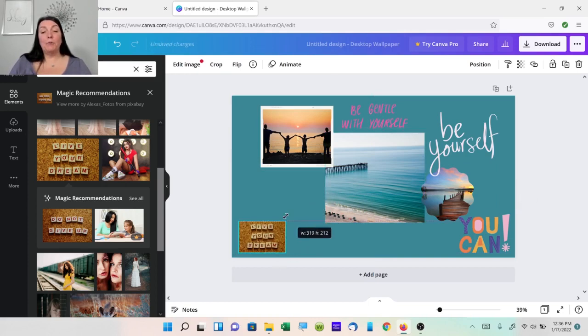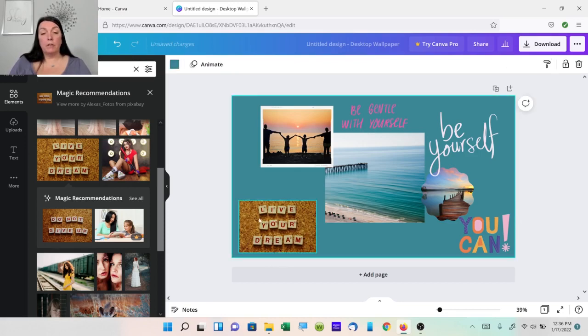So we will be able to live our dream when we take action. As you can see, I messed up here, and in the top left, you can hit undo. It's just a simple Canva.